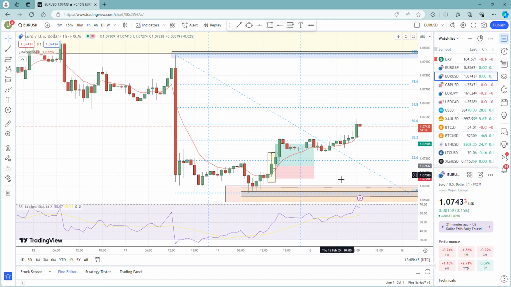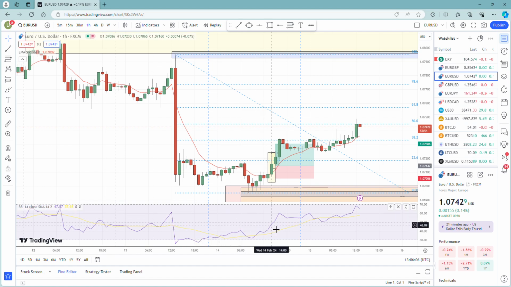So I'm always on my laptop, my PC, I'm always looking at the chart on H1. So as you can see here, it's rejected the daily level, it's rejected the H4 level. You've got a bullish momentum. Look at this candle, massive green candle, bullish forming. And also what you can do is you can look at the indicator as well at this time. RSI is also, if you look here,